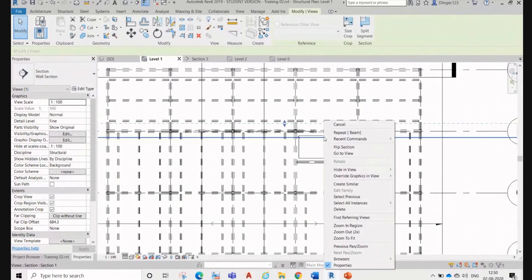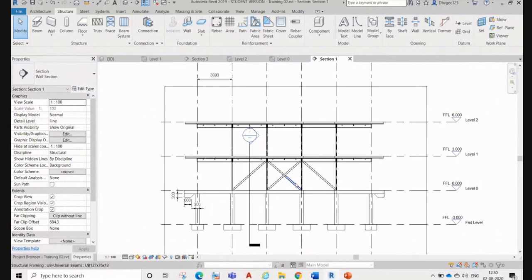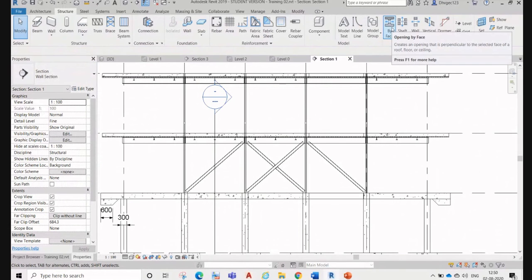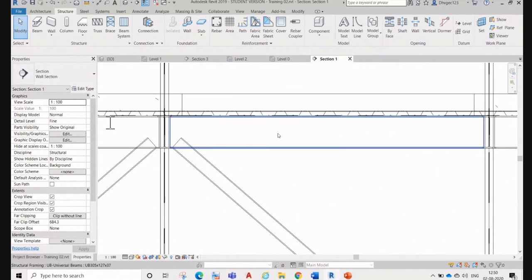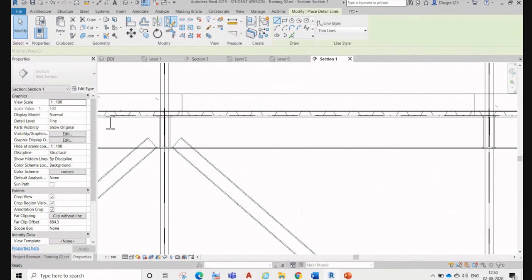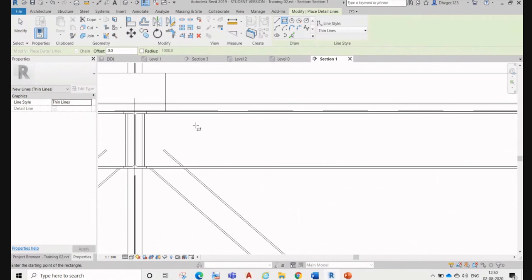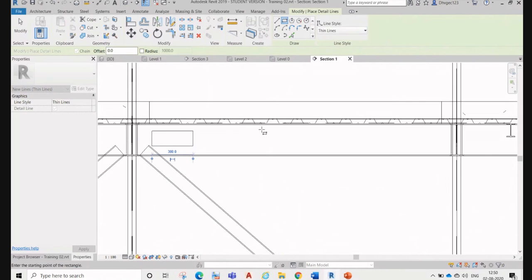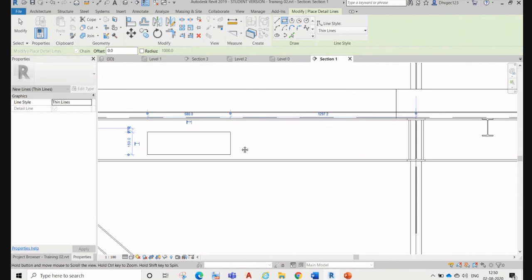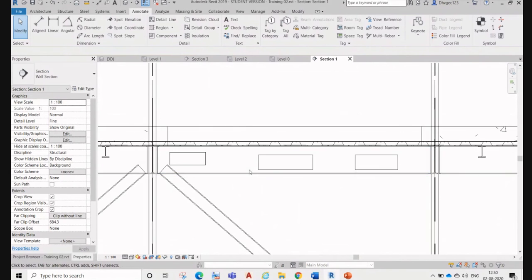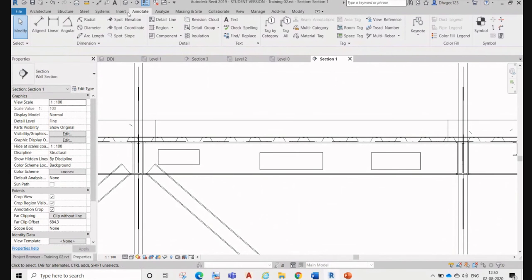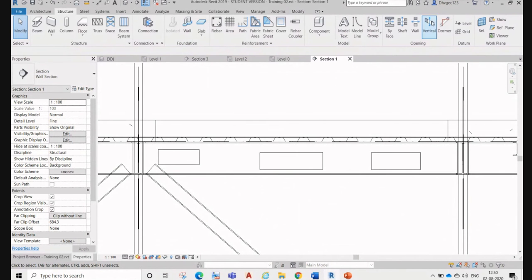Okay. So now we'll go to this view again. Now what we are going to do is cut a face opening. Suppose in this area there is some duct going on. If I draw, suppose these ducts are coming over here, and the structural engineer, mechanical, they want some opening over here, right? So then we have to provide face openings over here.